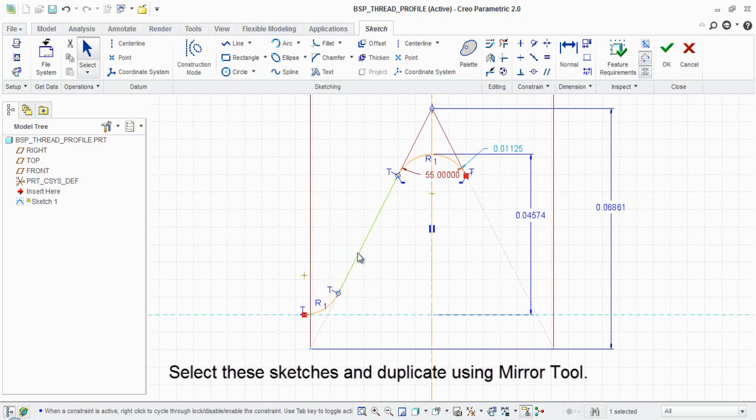Select these sketches and duplicate them using the mirror tool.